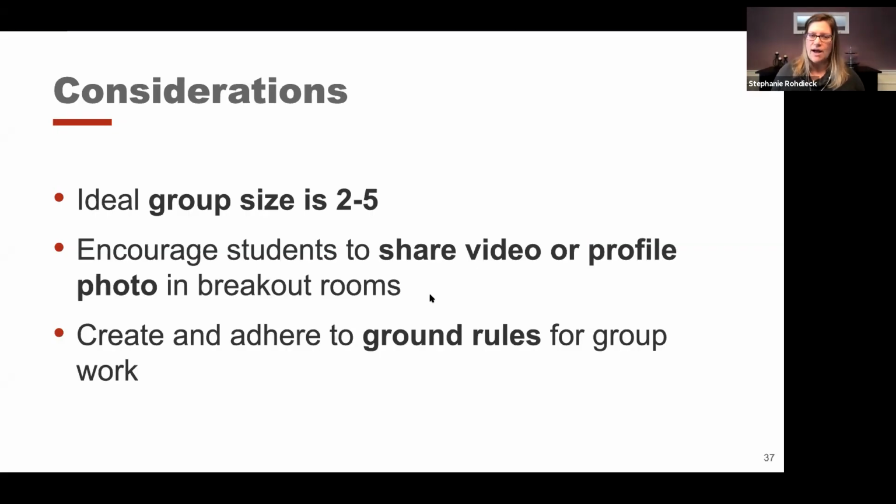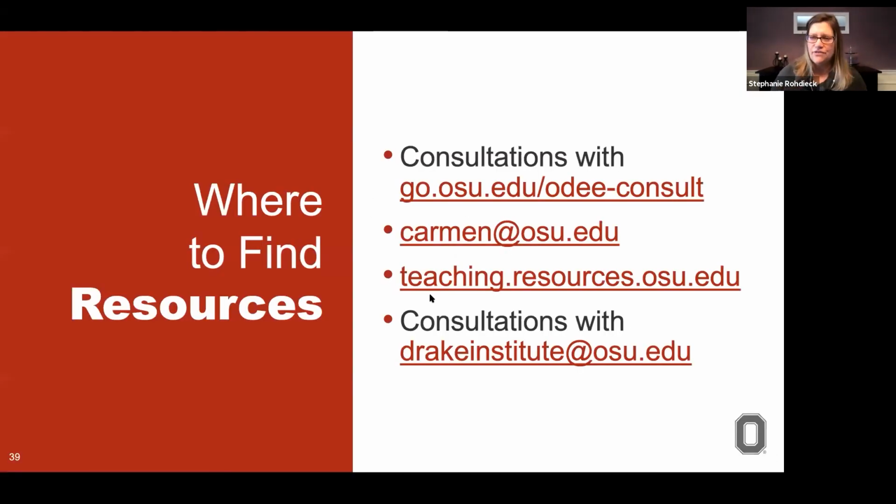So I know some of you have to go. I wanted to make sure that I cover what kinds of resources are out there. So there's always consultations with folks like Queenie and I who can help you think through how to use the tool. If you have questions about the tool, like the tool is not working, it's not doing what I need it to do, you can contact our Carmen at osu.edu folks directly. That Teaching and Learning Resource Center, the TLRC, as both Queenie and I talked about, you have the link for that. And then if it's just a big course design question, like I need help with just thinking through what I'm going to do in this course, that's where the consultants at the Drake Institute can be really helpful for you. As a former two-decade employee there, I know that they do great things.